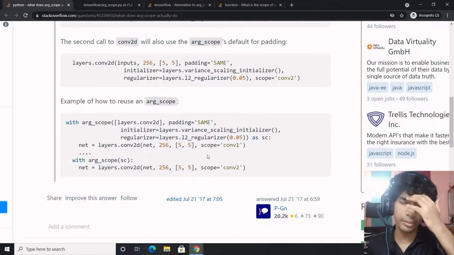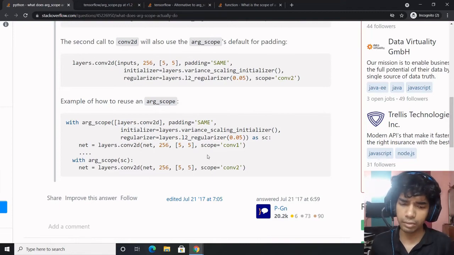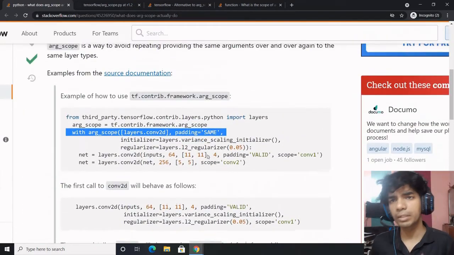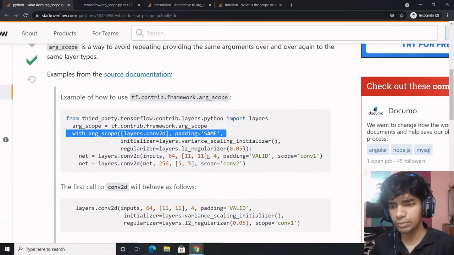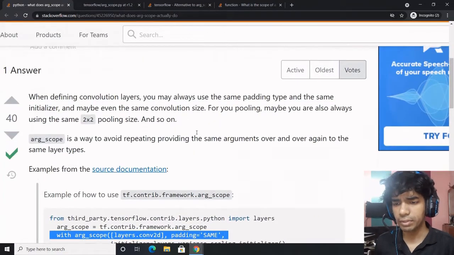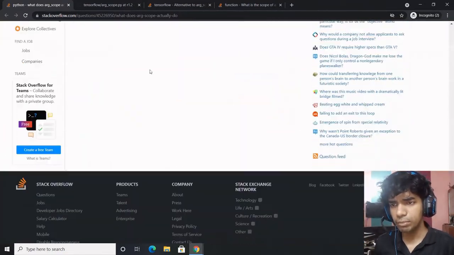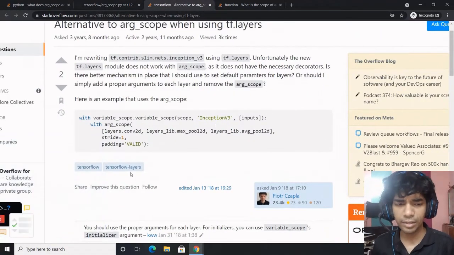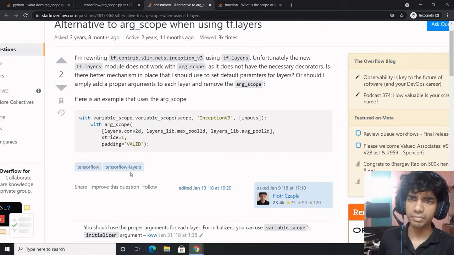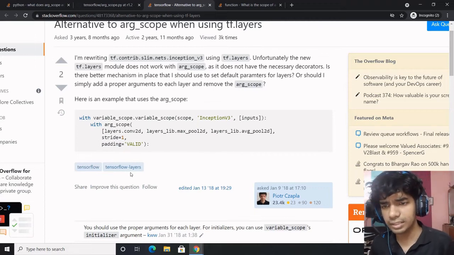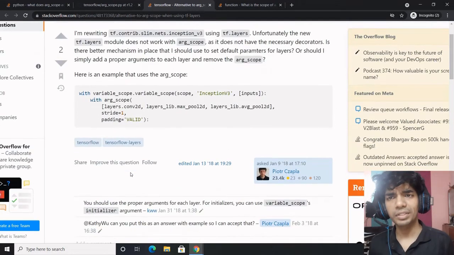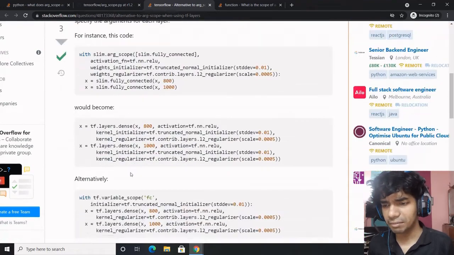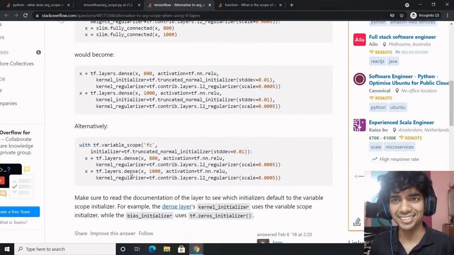So this is actually used a lot by people who are trying to develop their own architecture for research works. That's what it is, the TensorFlow contrib framework. But let's read a few more articles. Not exactly articles, but these Stack Overflow threads are also quite informative. You get to learn a lot of things in a very short, brief, condensed manner. That's the benefit of it.